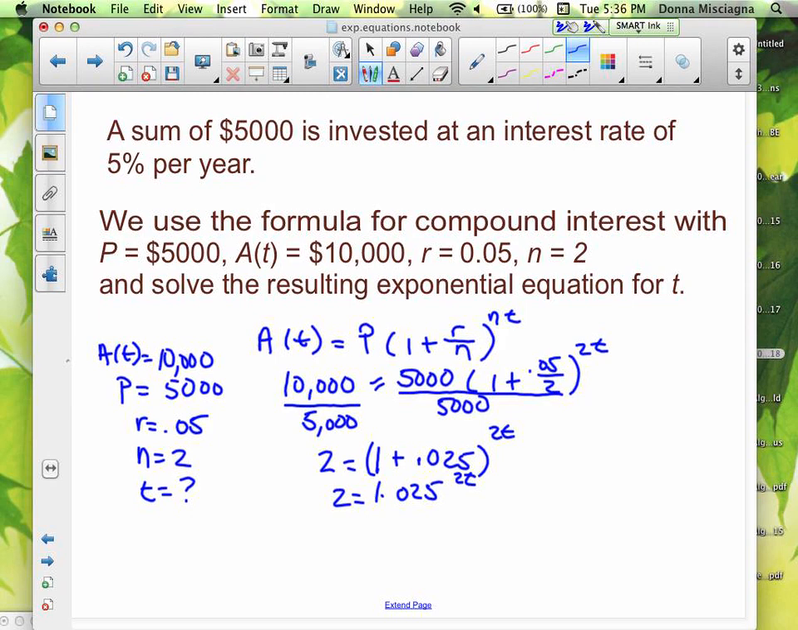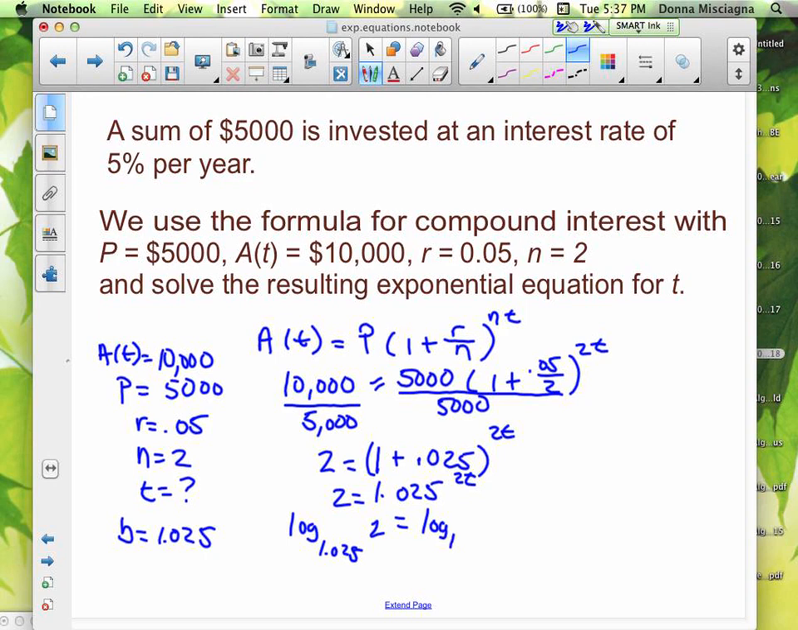And now we need to take a log. It has to match: whatever has the exponent on it with the variable. And the term with the exponent with the variable is the 1.025. So this is going to be our base for our log, and it's going to be 1.025. So we've got log base 1.025 of 2 equals